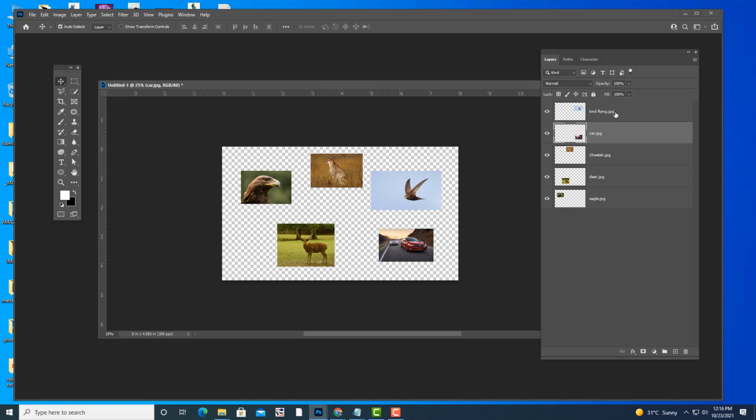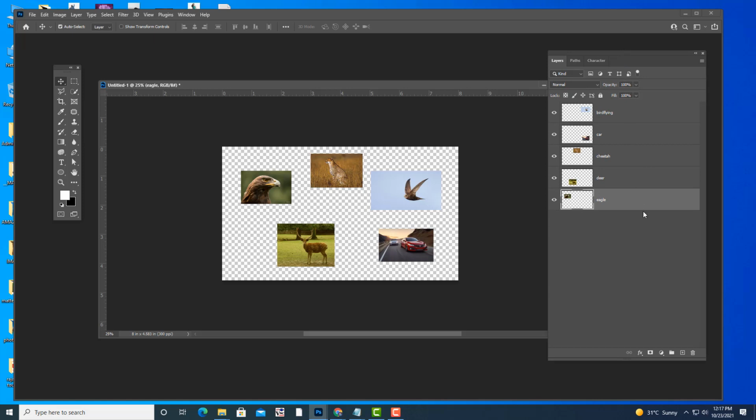So for example, here bird flying is there, and bird flying .jpg is there. We don't need that jpg extension, so we'll simply put bird flying. Like that. So we'll just click on that word and then give name car, and then this is cheetah, and then this is deer, and this is eagle. Like this, proper naming we have given.